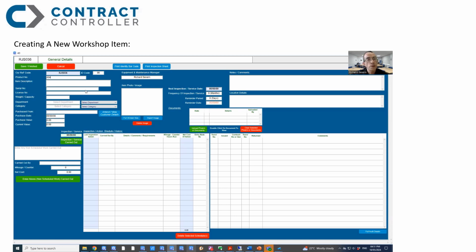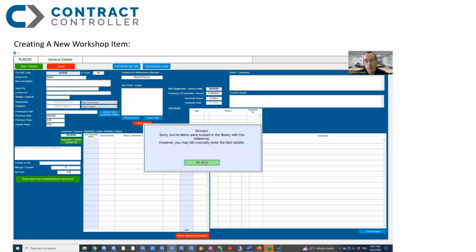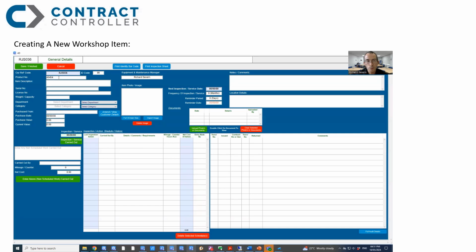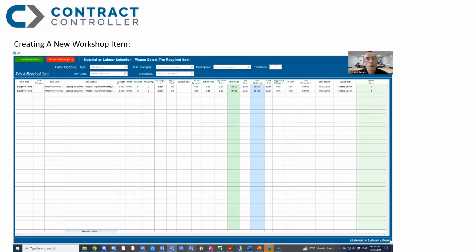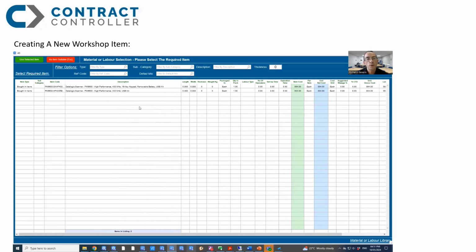Now, if we enter a product number, it will try and link it to the library. And if it can't, you can just carry on and enter in your own description. But if an item does exist in the library, it will save you having to type in all the details. So if we search for a scanner, we can see that we've got the two scanners here. So if we select the 16 key scanner,